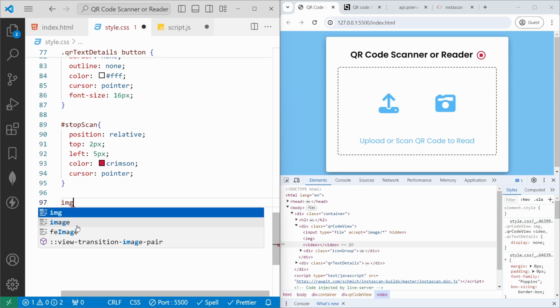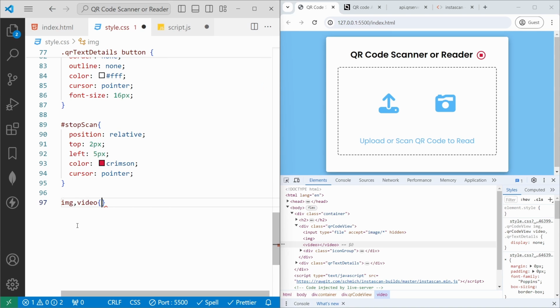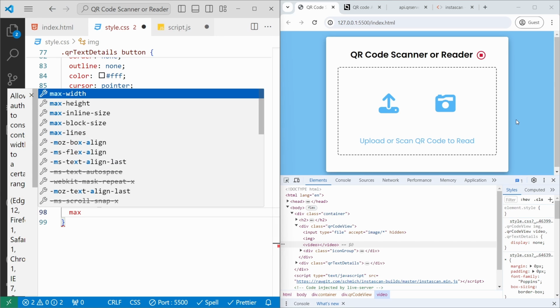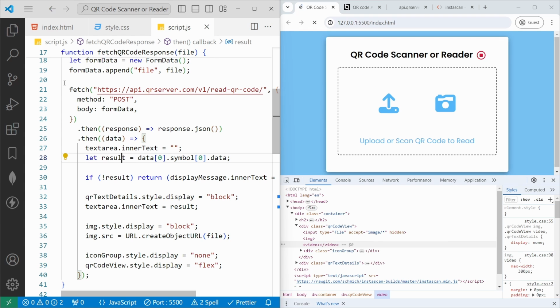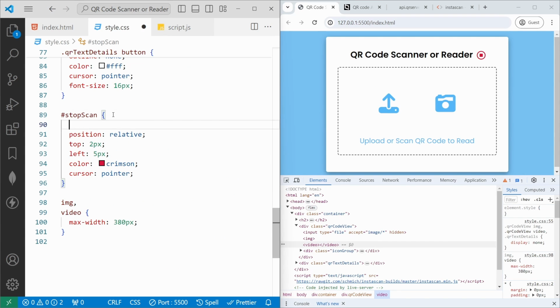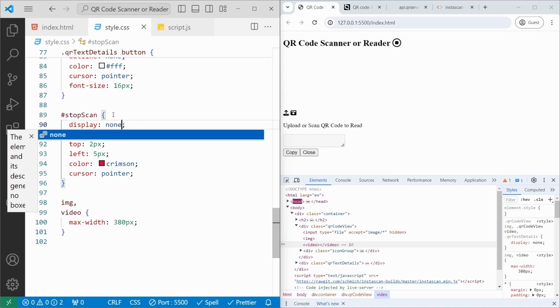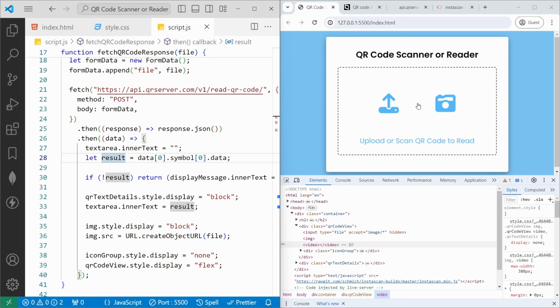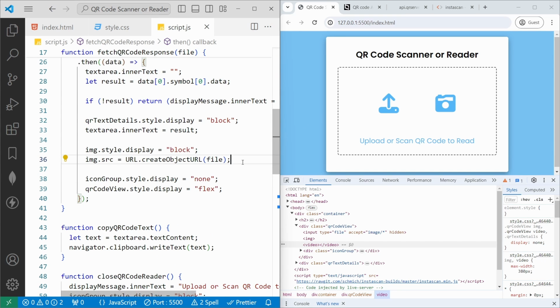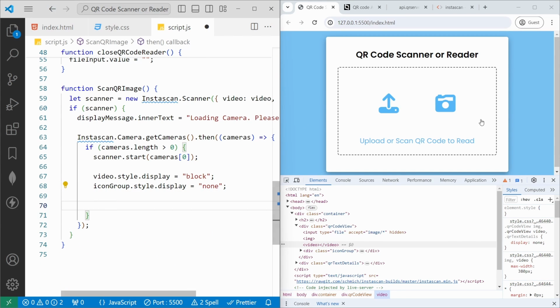We need to set the height and width for image and video with the element selector of max width 380px. For the first time this icon should be none, right? So I will set the display to none. If I save, now this should not be visible until the user clicks the camera, and after the camera loads this should be displayed. So here after this icon group I will set stop scan dot style dot display to